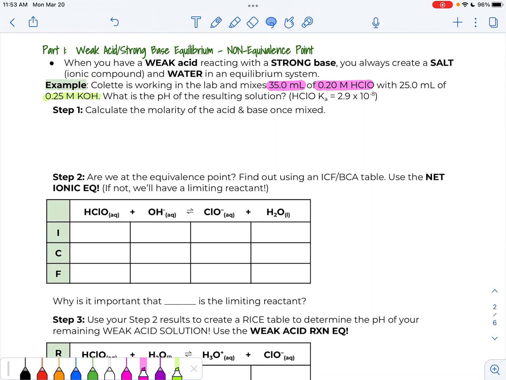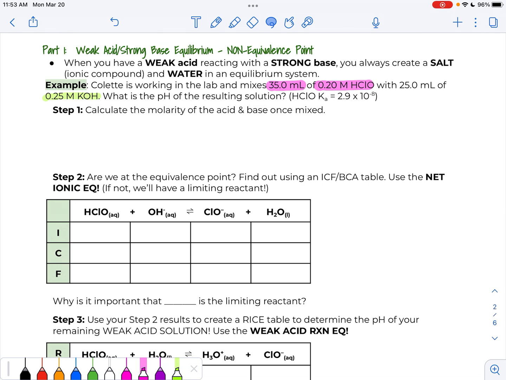So keep in mind, whenever you have a weak acid, that thing's not going to completely dissociate in solution. So if that reacts with a strong base, what you're going to make every time is a salt and water in an equilibrium system. So our first example says Colette's working in the lab and mixes 35 milliliters of 0.2